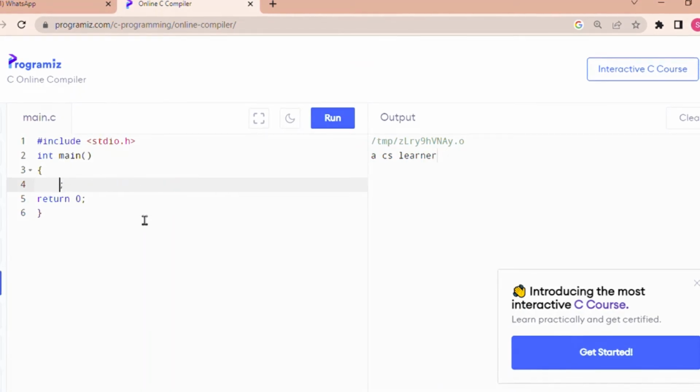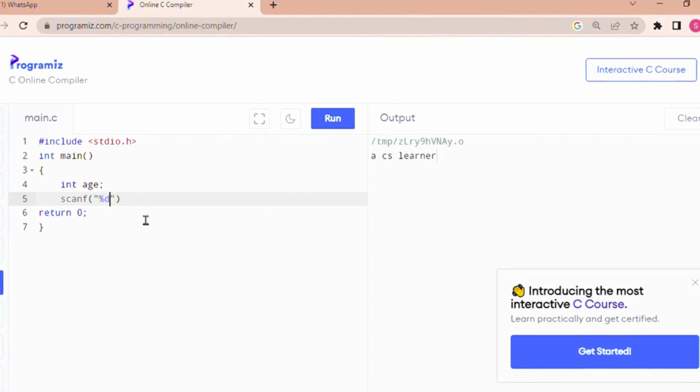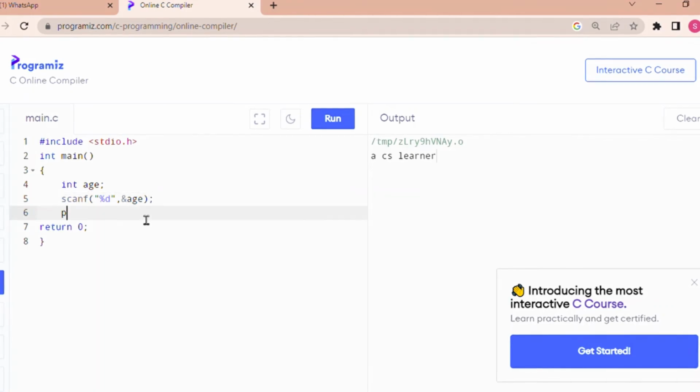Okay, int age. Next, scanf, percentage. What is it? It is an integer, right? So you need to give %d, then comma, then ampersand, then age, then semicolon. printf, value of age,